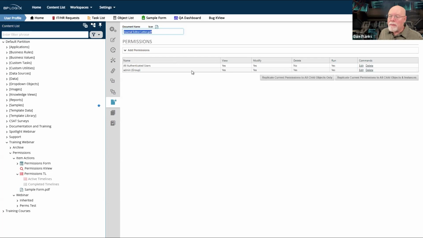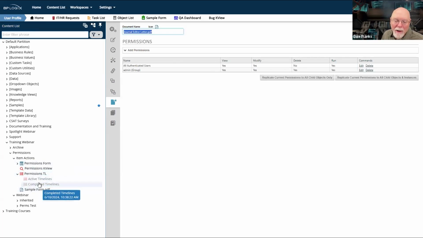So my permissions on this document for my anonymous users have now been removed, because now I am showing the permissions that I needed to show for my parent object. And the special permissions have now been removed because I went ahead and replicated them.